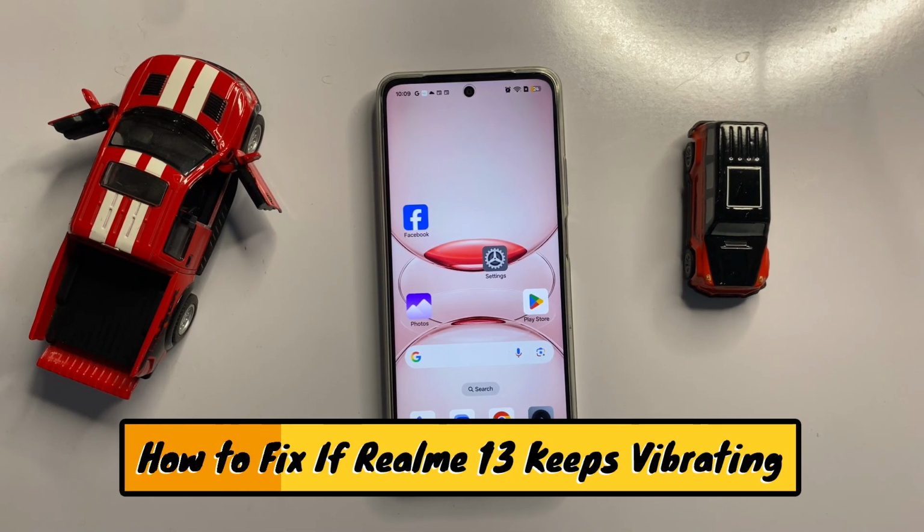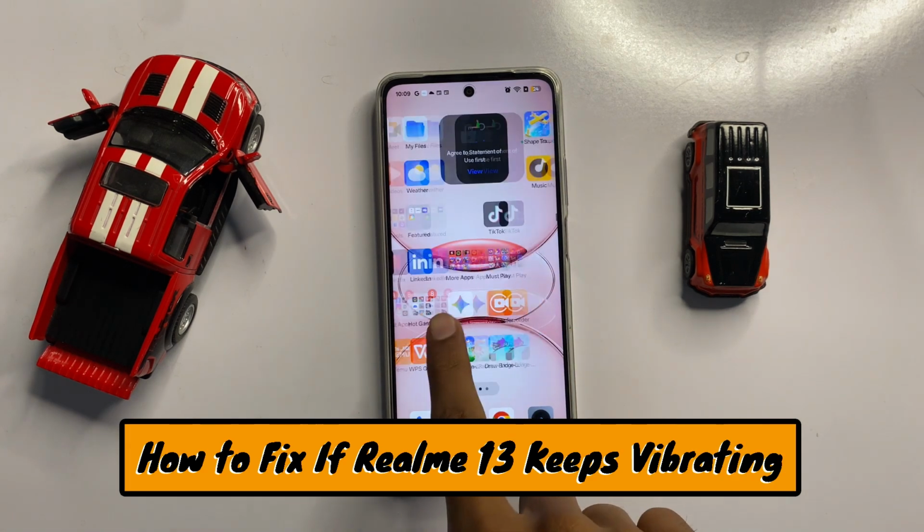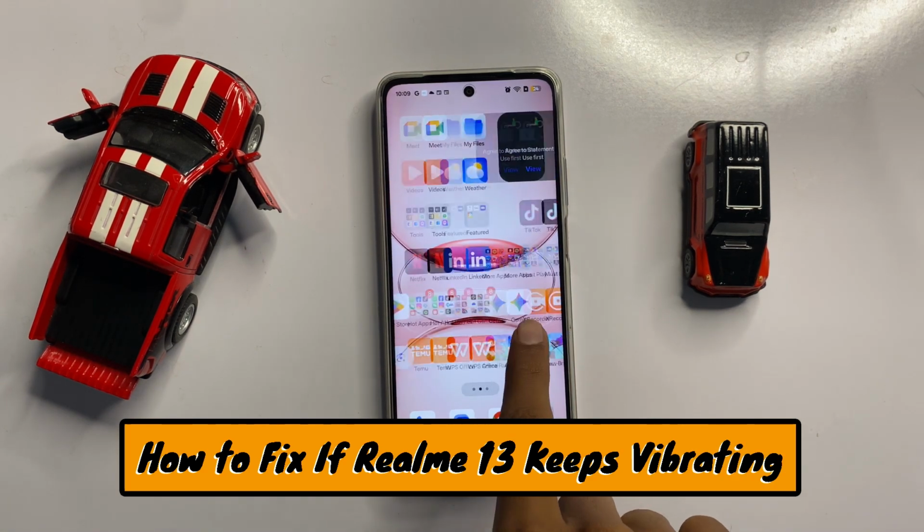How to fix Realme 13 keeps vibrating. So let's start the video. First of all,